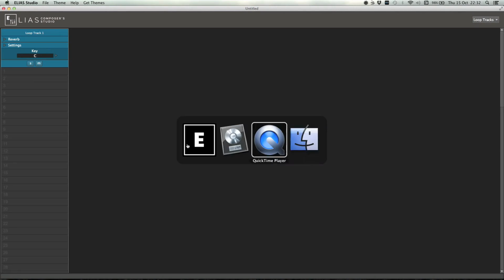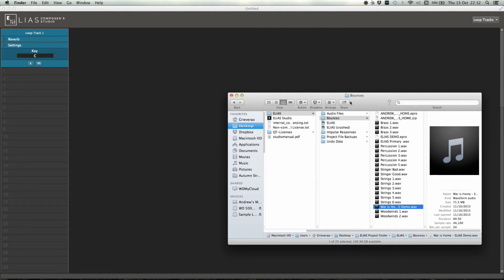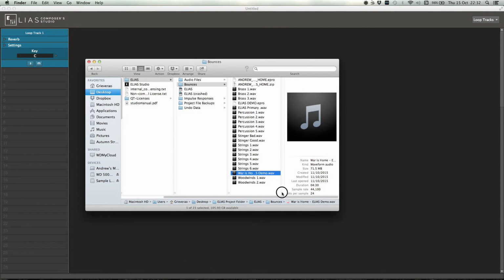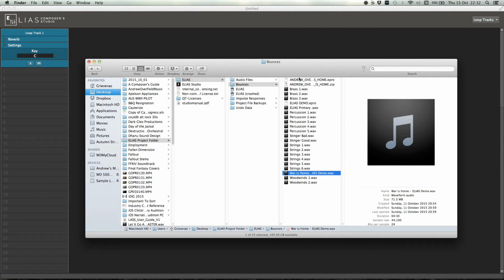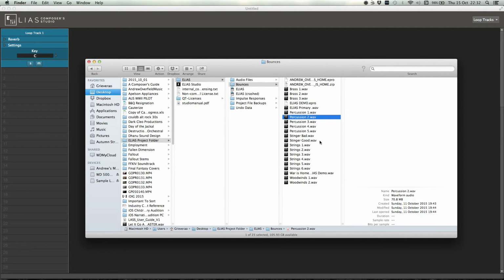ELIAS. Okay, now when you bounce your tracks out, I just did it in a basic way, so I could see what levels of each I wanted. I bounce everything in one folder. Level 1 brass, level 2 brass, level 3 brass. Same for percussion, same for